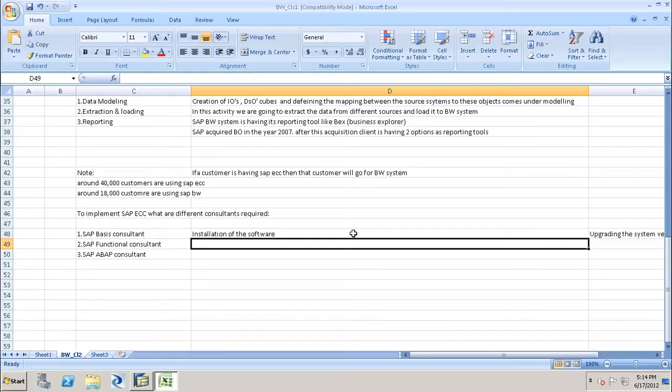Because in yesterday's class we highlighted this point. SAP ECC is very famous in this world because of the tight integration between the different business processes. That point we have highlighted. So the functional consultant role here is very critical. He needs to understand the existing client business and configure that in SAP ECC by defining the master data, and also by defining the integration between the different business processes, and he is responsible for unit testing as well, whether that integration is working properly or not,